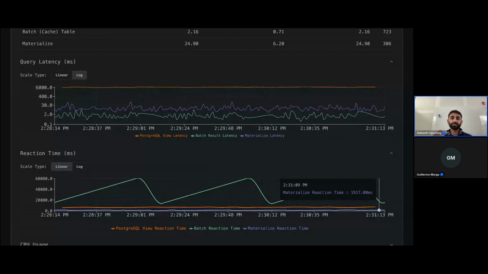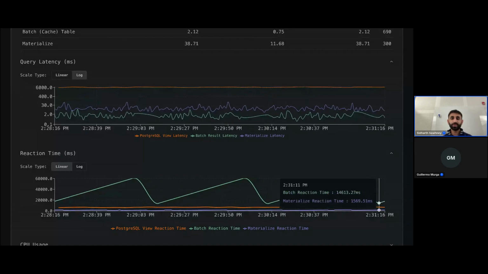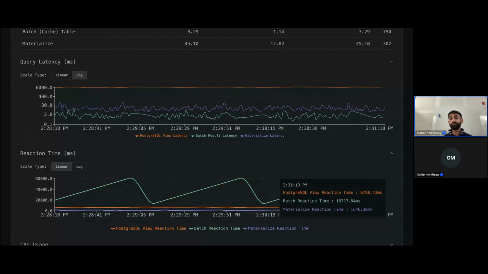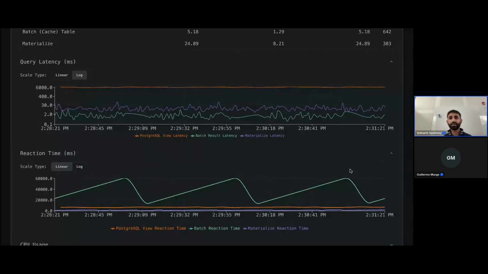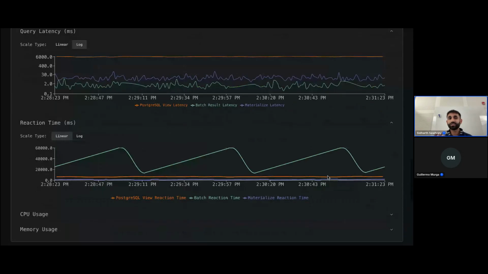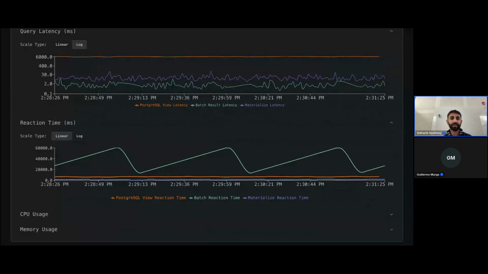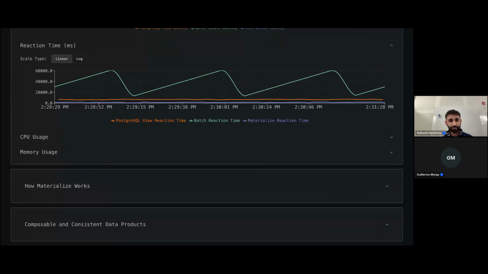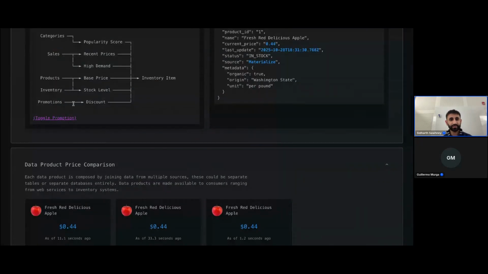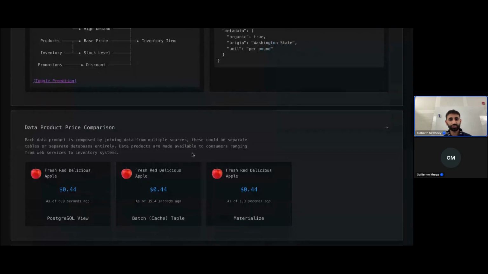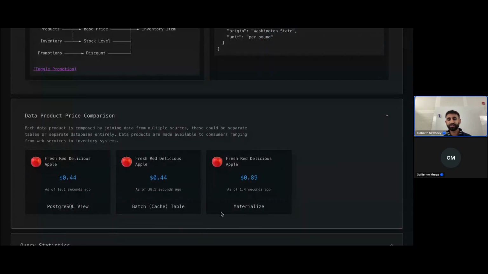And because it's connected directly to that transactional store, it gets the fresh data, which is what the data warehouse struggles with. And that's really why Materialize is a great fit for these AI agent workflows. Now, if I toggle a promotion and I change the price, Materialize updates almost instantly, in 1 second.